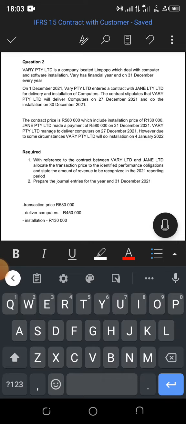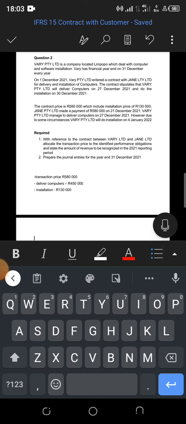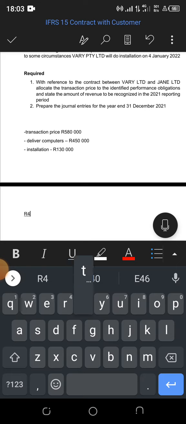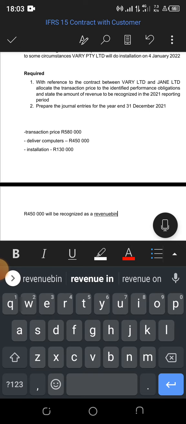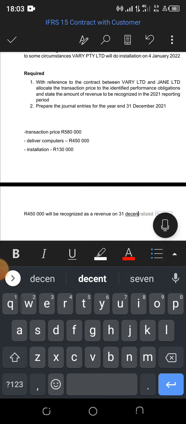However, due to some circumstances, Vari Pty Ltd will do the installation on 4 January 2022. Now we have to state which amount is going to be recognized as revenue. So the amount of 450 will be recognized as revenue on 31 December 2021,